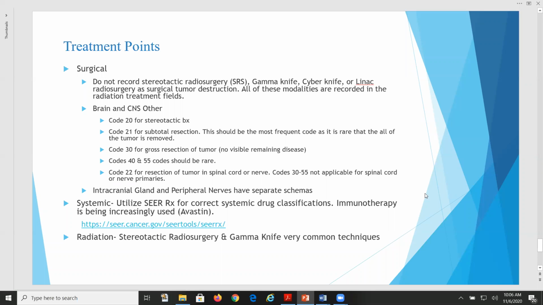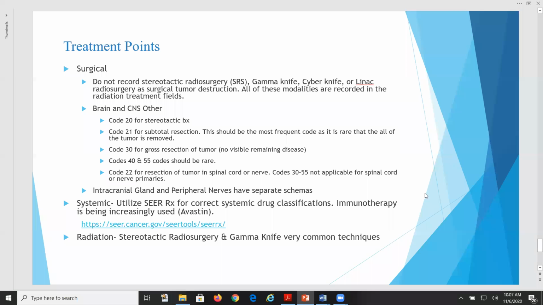Code 22 is for resection of tumor in spinal cord or nerve, and codes 30 through 55 are not applicable for spinal cord or nerve primaries. The intracranial gland and peripheral nerves have separate surgery codes, so be sure you're using the correct set of surgery codes